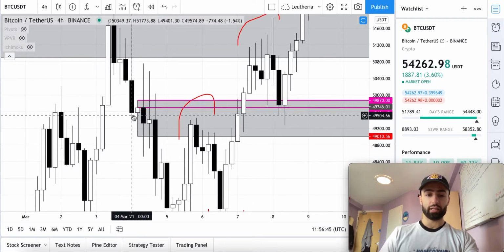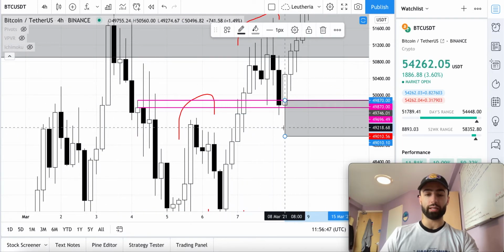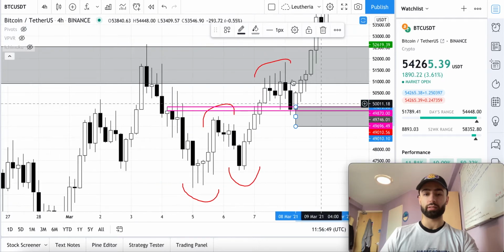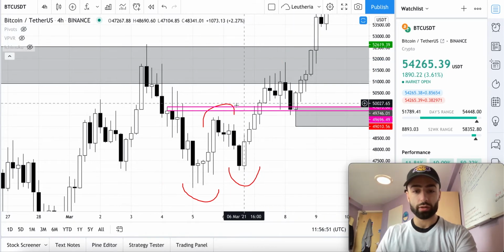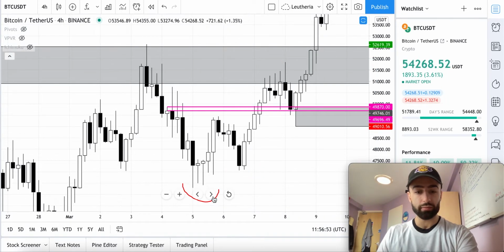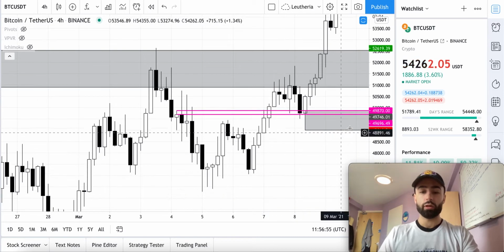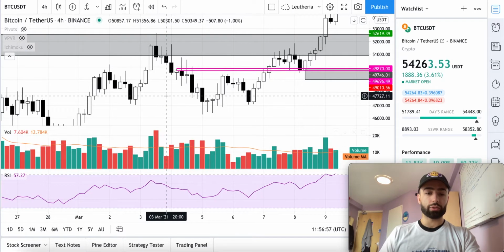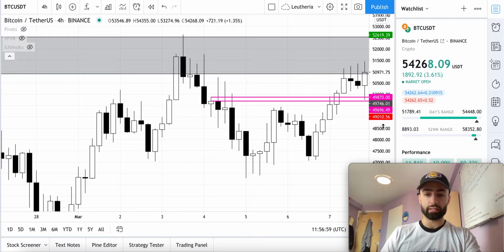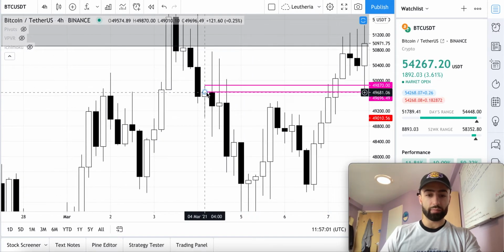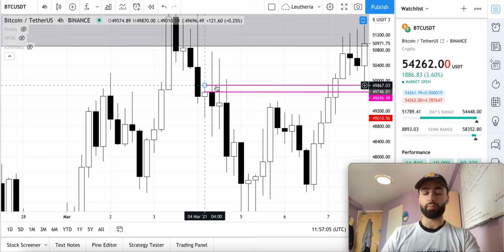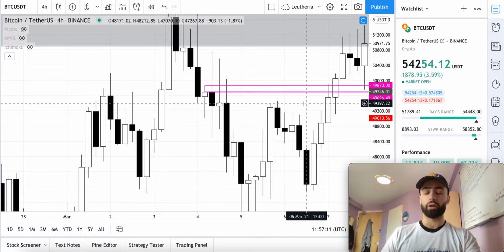So you can see the body of this candle, this white candle, and I'm going to get rid of these marks here real quick so we can see it a little bit easier. So when we're looking at this candle, you can see that the pink lines are taken from the wick of the candle, which is our ultimate top of the support zone, and then the top of the body of the candle, which is the other